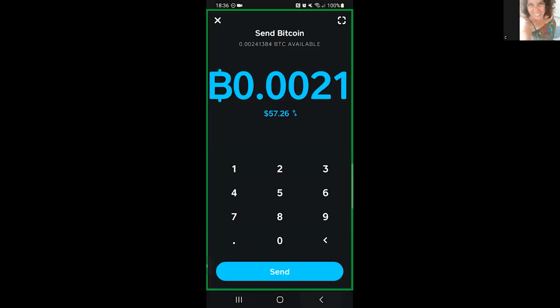Send, and then you would put in your, it's not coming up. You would put in, showing a bunch of names. I don't know why it's not showing that. It's asking for the wallet address. I don't know why it's blanked out like that. Okay. It's asking for the wallet address. You cut and paste it in. Are you sure you want to send it? Yes. And where's that money going to go again? Right to your broker wallet bank. Right there. And I can't show you because it's blacking out my screen,